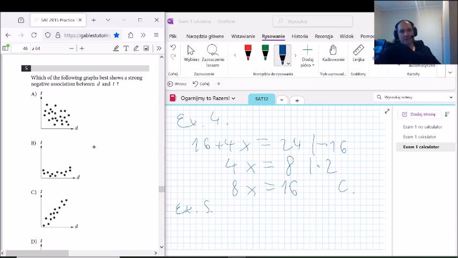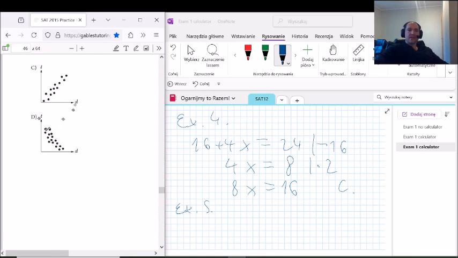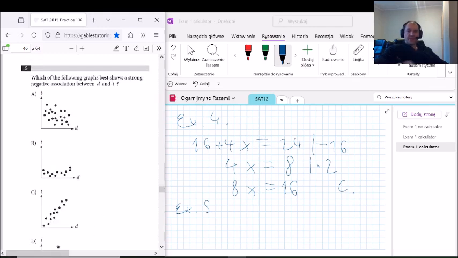If it's close to 1, then it is a positive association. If it's close to -1, then it is negative association. And when it is around 0, it doesn't mean that the variables are independent. It just means that they are uncorrelated. But a lot of this you can see on a picture. For example, in those two last examples, you can see this strong positive or negative association. Okay, so exercise 5 would be D, and now